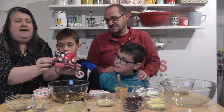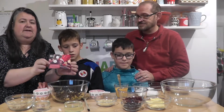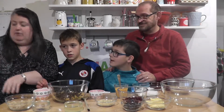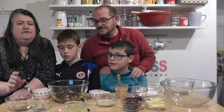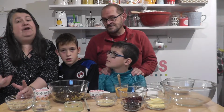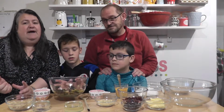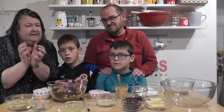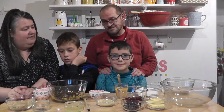And I'm just going to put this on the side, and we're going to talk you through our family recipe for Christmas pudding. This was my grandma's recipe, but we've given it a modern twist, and this is enough to fill a 2-pint tub. What we tend to do is fill a 1.5 pint container, which is great for a family of 4 to 6, and we fill a 1/2 pint container, which is great, one of the little tiny ones, for trying before or for treats,